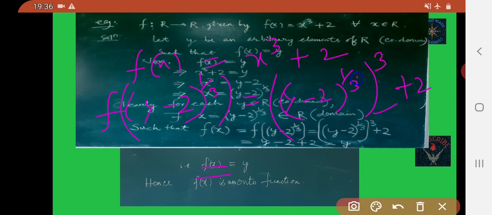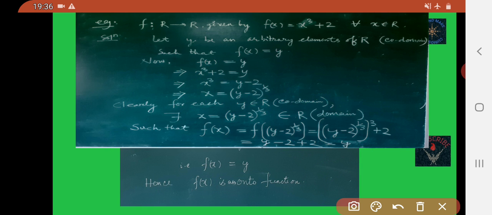That is equal to, 3 cancels, then y minus 2 plus 2, 2 cancels, then you get y, and this is nothing but f of x. So you got f of x is equal to y. So the fourth step is also completed. Hence we can say f of x is an onto function, okay friends.